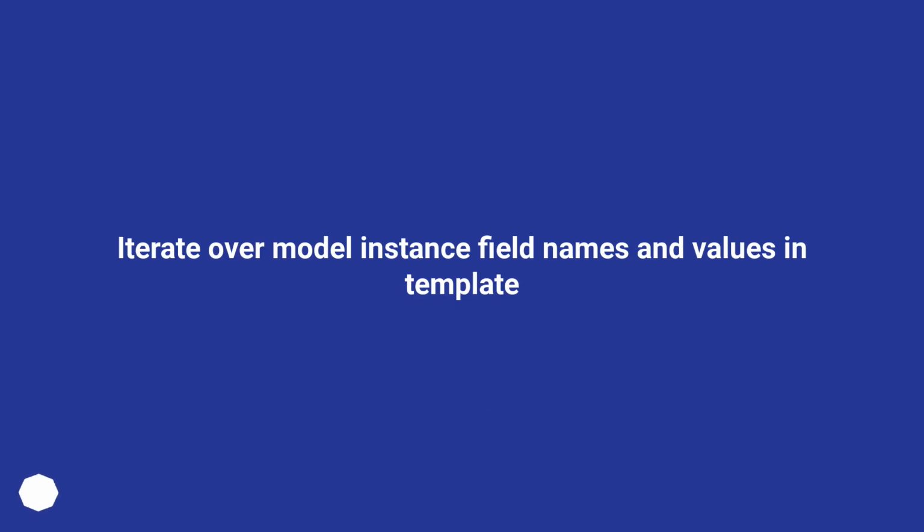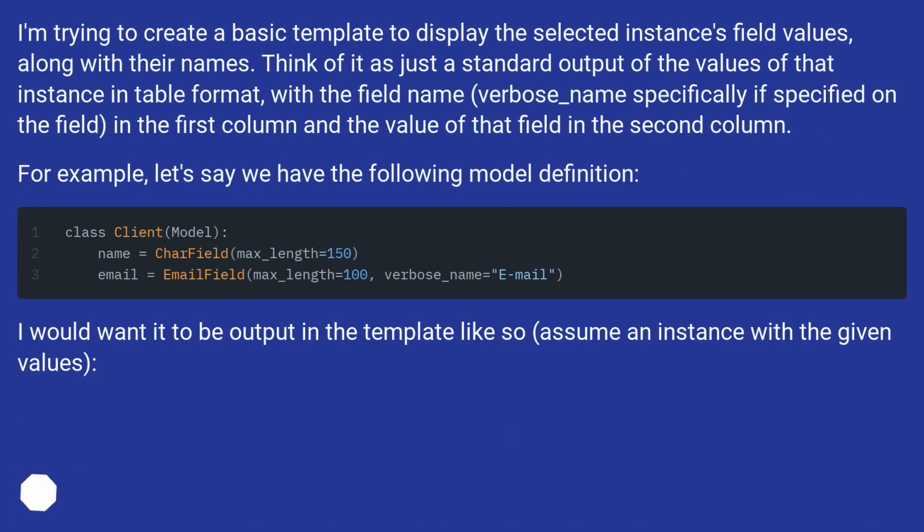Iterate over model instance field names and values in template. I'm trying to create a basic template to display the selected instances' field values, along with their names. Think of it as just a standard output of the values of that instance in table format, with a field